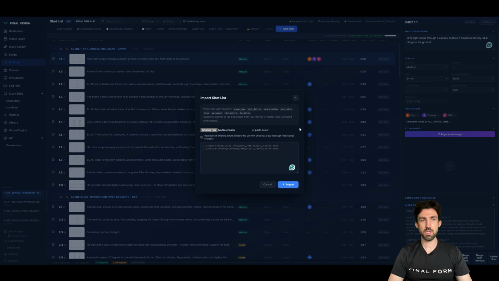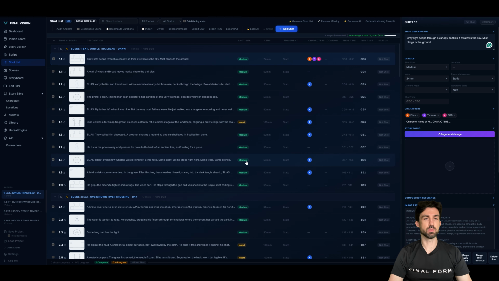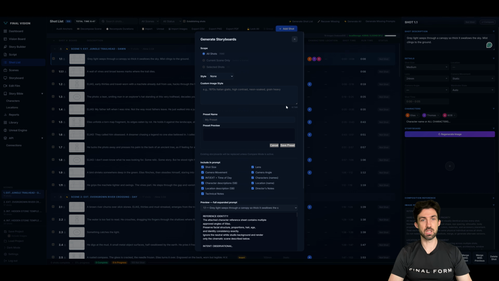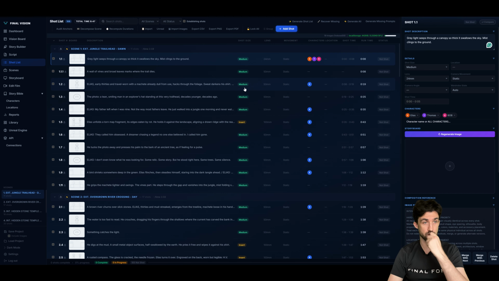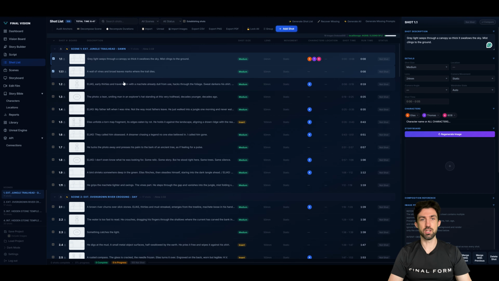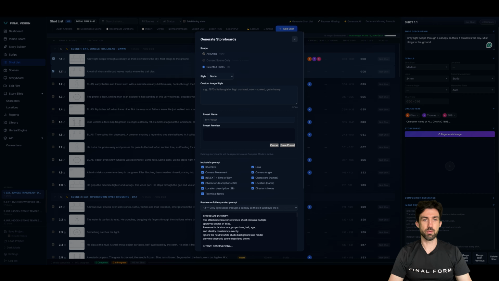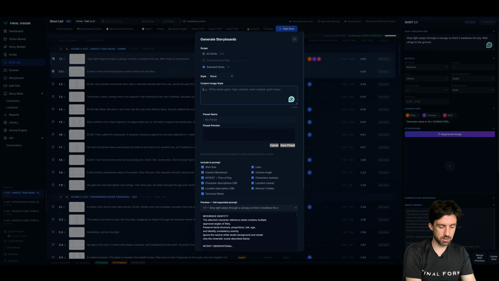Okay, now let's move on to generating images within our shot list. Let's bring up the window for generating the images. If I select this one, it's going to generate all of my images. But maybe I only want these first 2 shots generated. I'm going to hit generate and select these 2 shots. And then for the style, you can pick the pencil sketch or the Final Vision ink. I use this one for my black and white, as a first pass to get the idea. Or you can create your own, maybe 90s